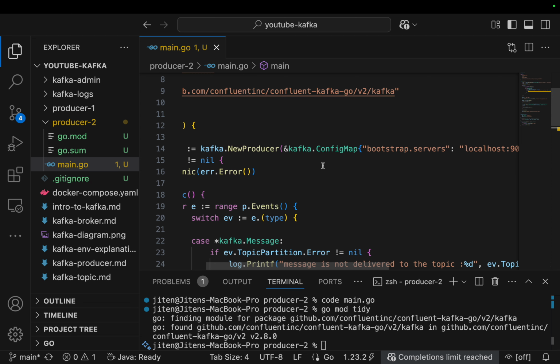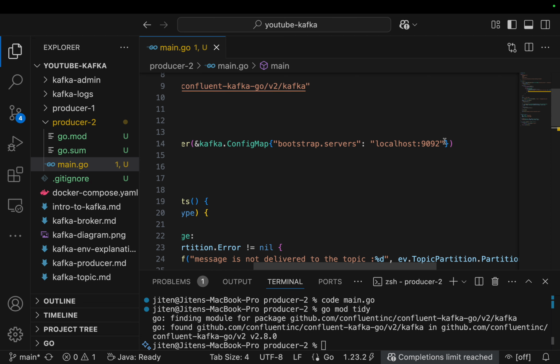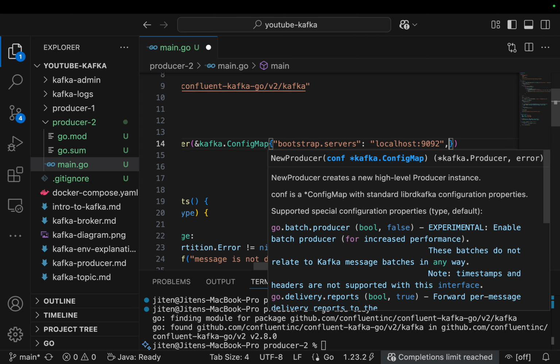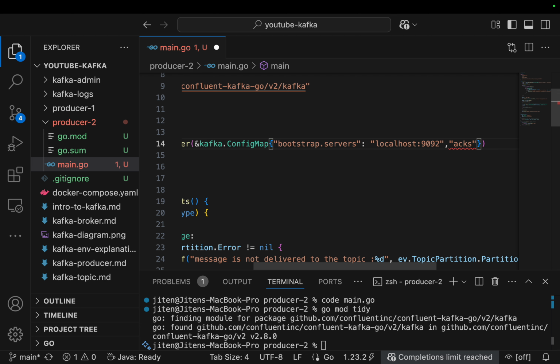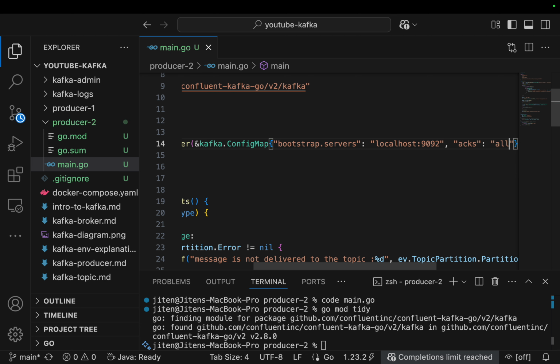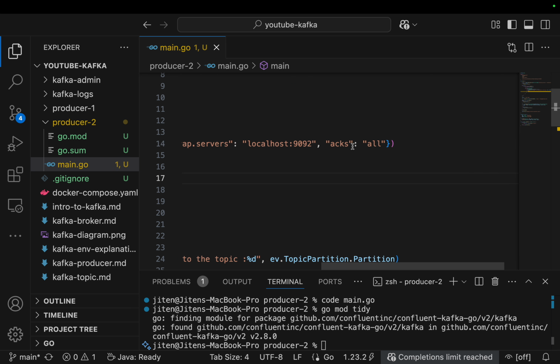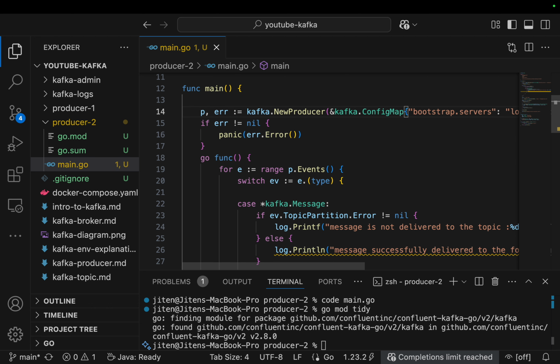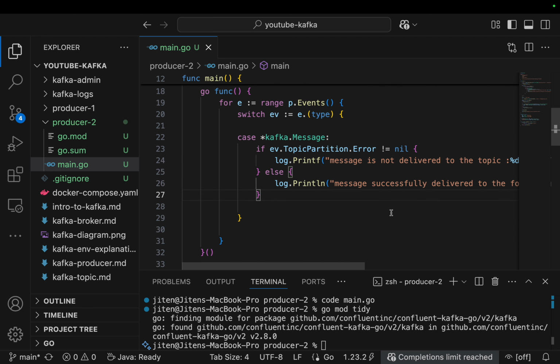We have connected Kafka. You can give multiple values. For example, ACKS is all. I can give as all. That means all the acknowledgements you are giving. Like this, you can give a lot of properties. We'll see these things later on. But let's now focus on